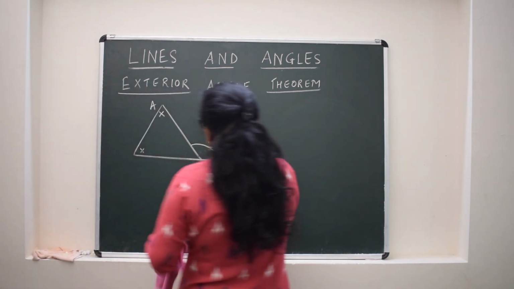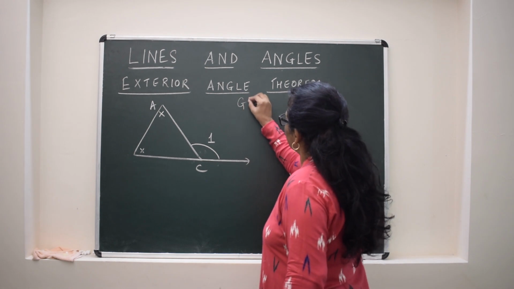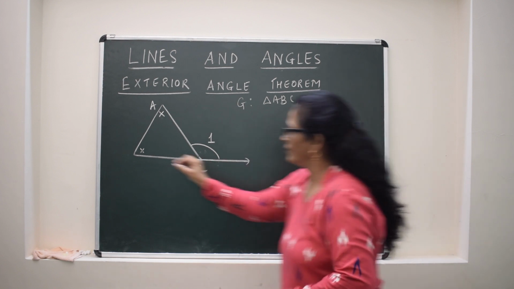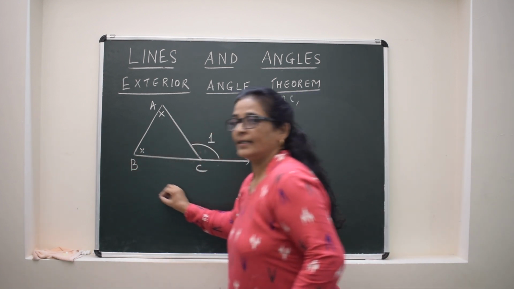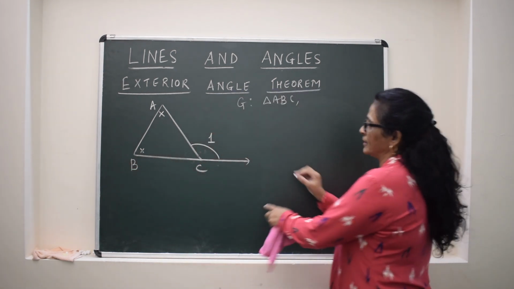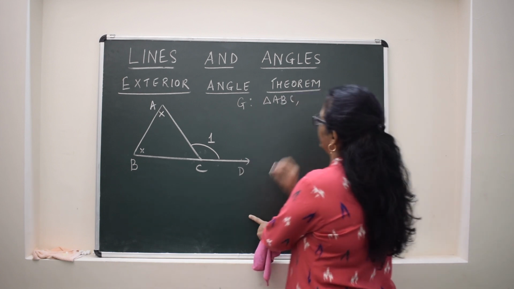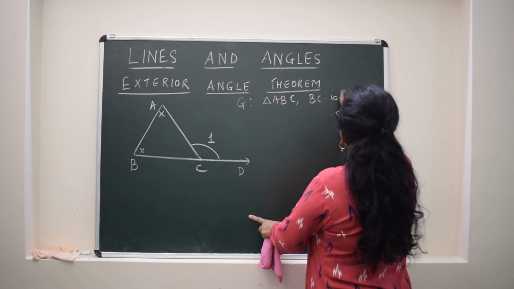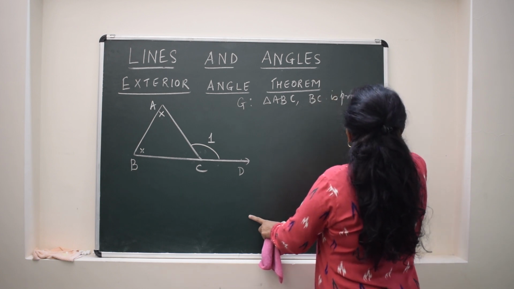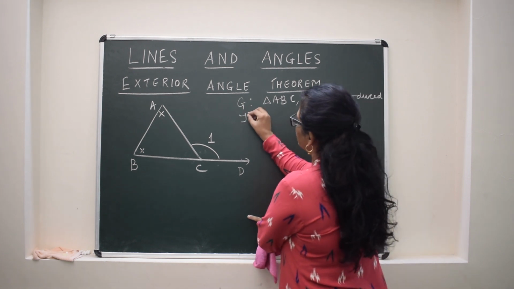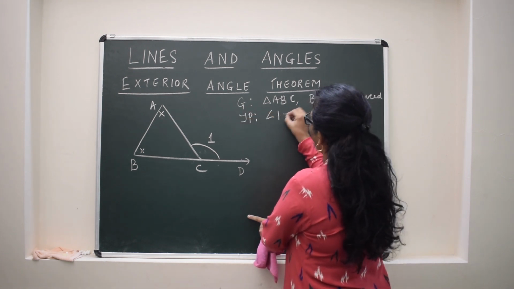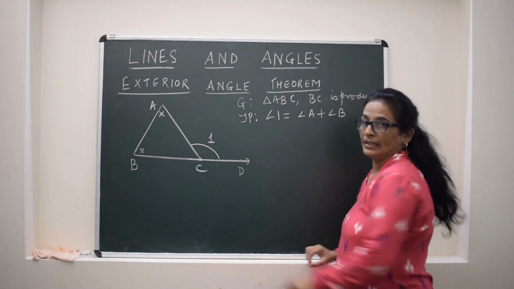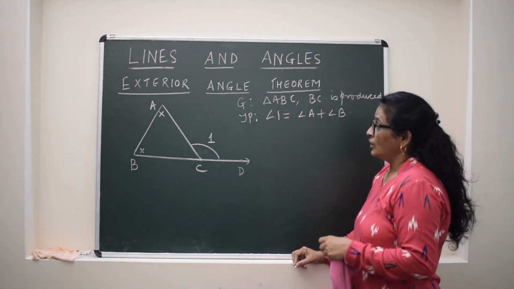So for this theorem, given is a triangle ABC in which we have extended or produced this side BC up to, suppose, D. So we can say BC is produced. This is given, and we have to prove angle 1 is equal to angle A plus angle B. This we have to prove. Now, to prove this,